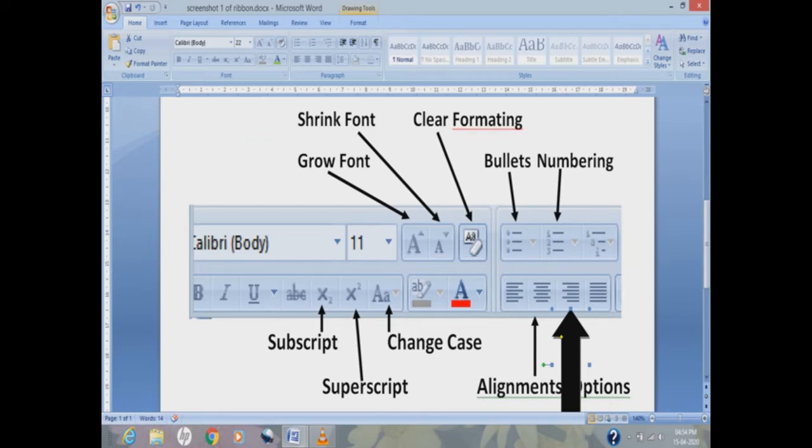Then right alignment moves the text toward the right side of the page. And finally we have justify alignment, which simultaneously moves the content toward the left side as well as to the right side. First of all, let's see it practically.